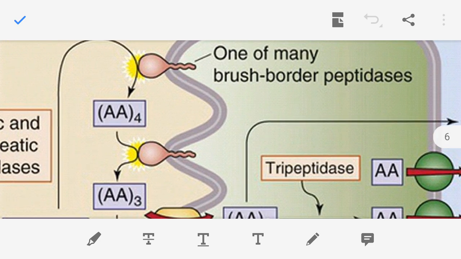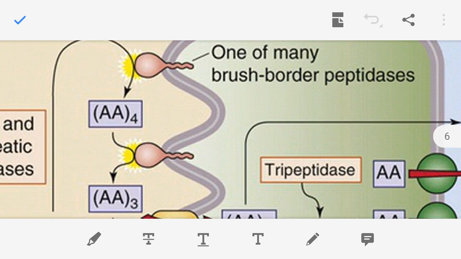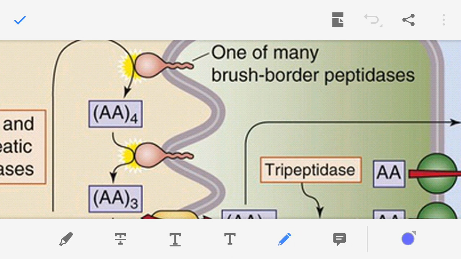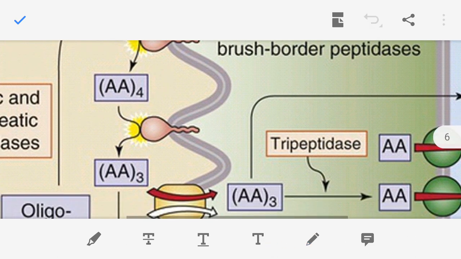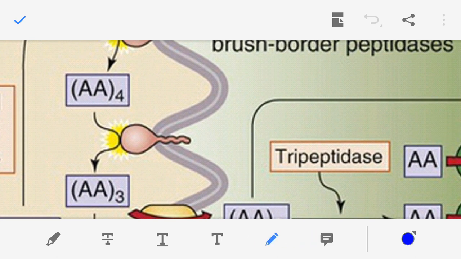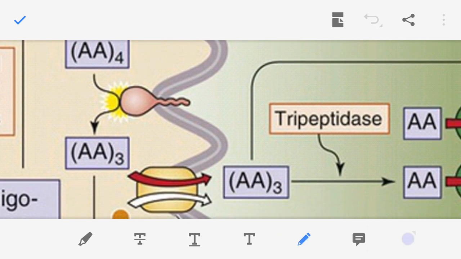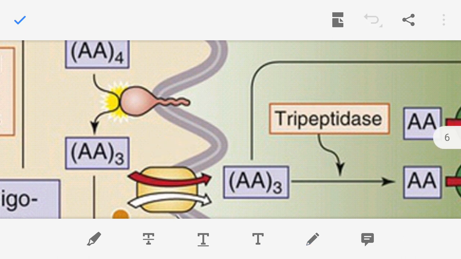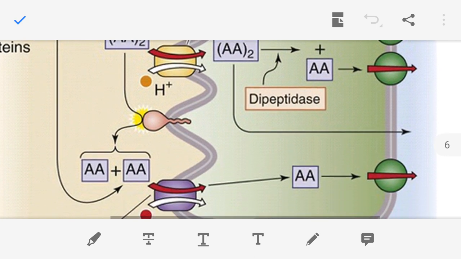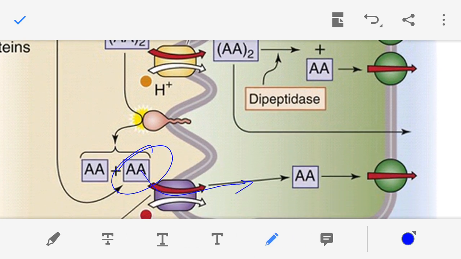What is the meaning of AA4? Four amino acids joined by peptide bonds. That means AA4 is a tetrapeptide. Now what happens to this tetrapeptide? This tetrapeptide is acted upon by the brush border peptidase. So AA4 is converted into AA3 plus AA, where AA is an amino acid, and this can enter into the cytoplasm by